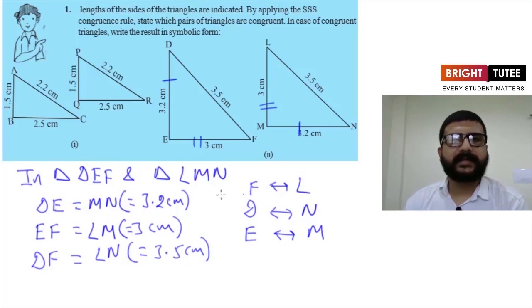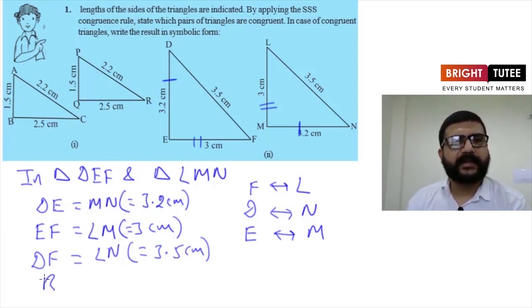So now in triangle DEF and triangle LMN, these are the three correspondingly equal sides and these are the vertices corresponding to each other. Now the congruency relation can be written in the symbolic form as,